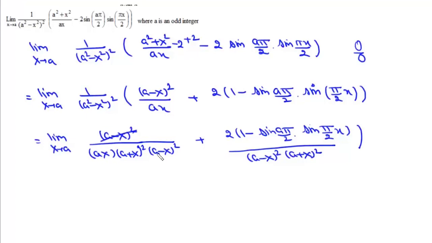Now here (a minus x) whole square will cancel. Now we put x as a, we'll get this as a square